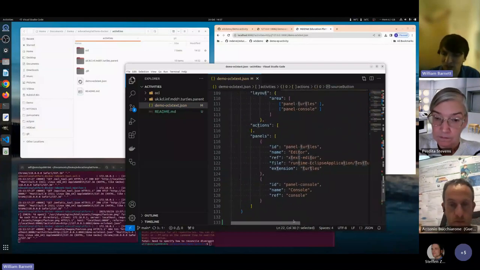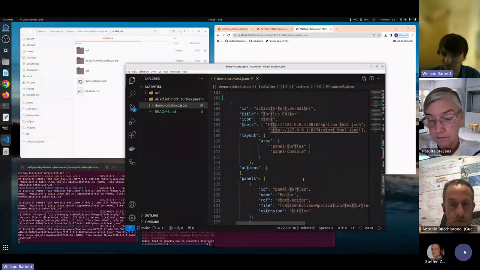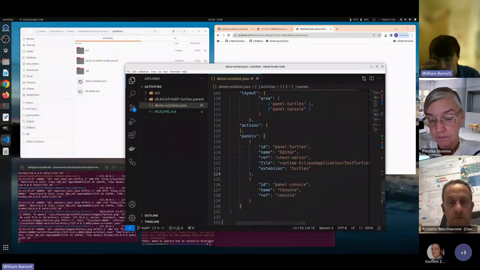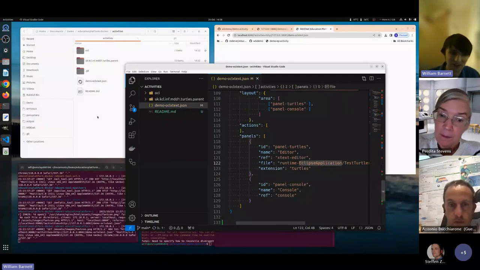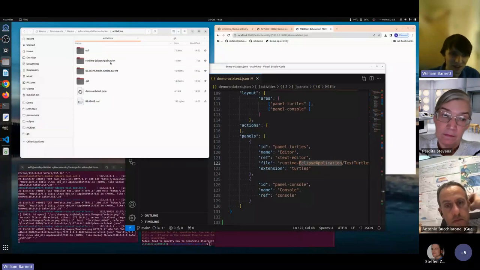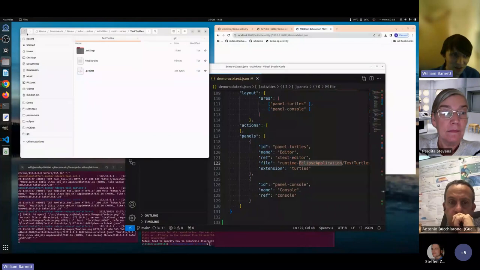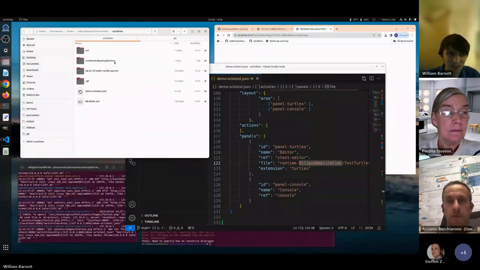So the generator panel is probably looking for this file, which I forgot to copy. If I put this folder in there, which is a runtime Eclipse application folder, which just contains a test turtles file, that will